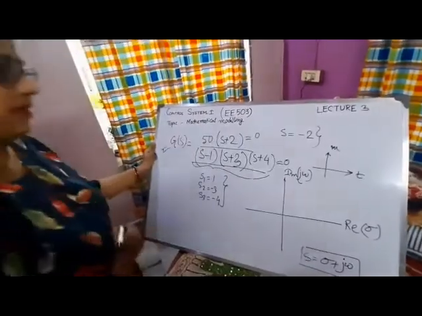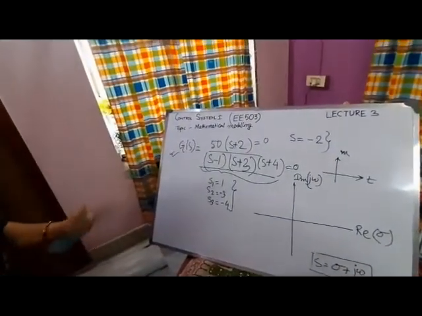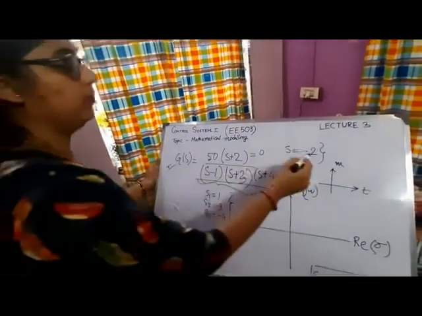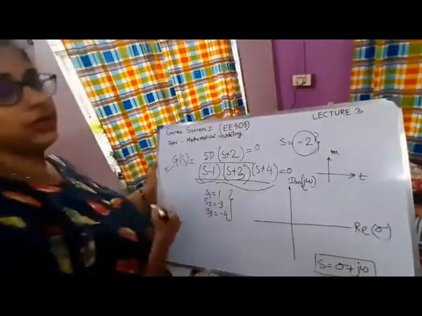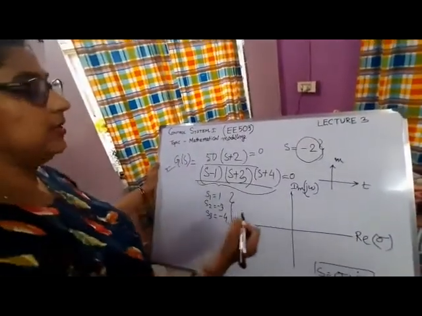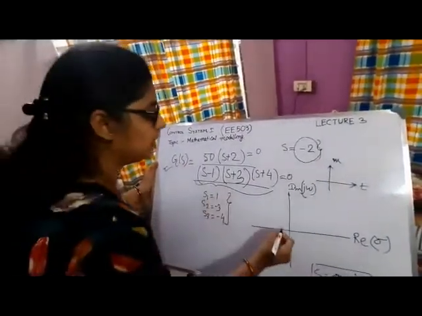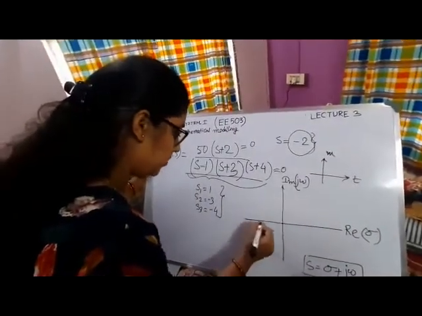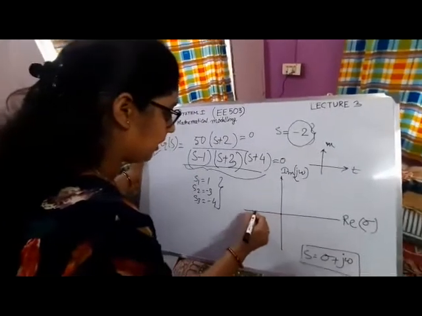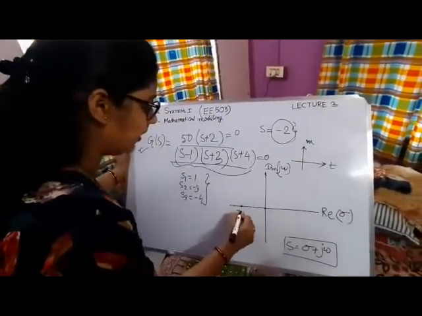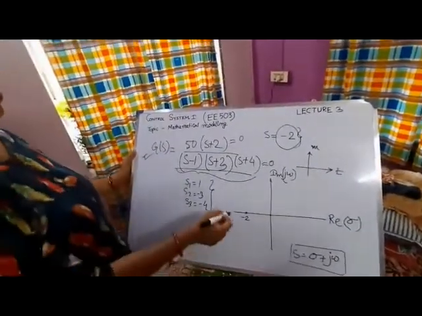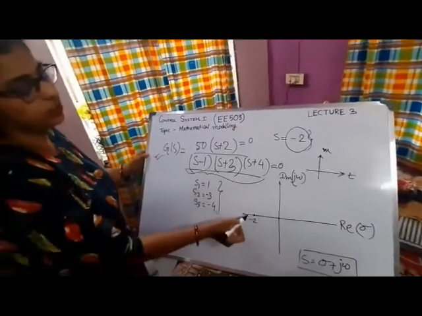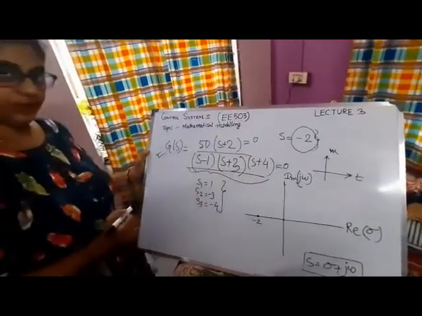Next, the zero location is minus 2, and zero is represented by putting a circle at minus 2. So if this is 0, and this is minus 1 and minus 2, then this one is the minus 2 location. So it represents that at the minus 2 location a zero is present.